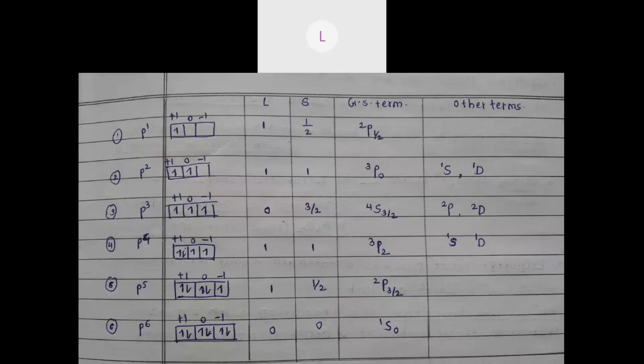In the same way we can calculate it for p2, p3, p4, p5, and p6 also. But above p3, that is p4, p5, and p6, the J value which we have to consider is L plus S, because those electronic configurations are